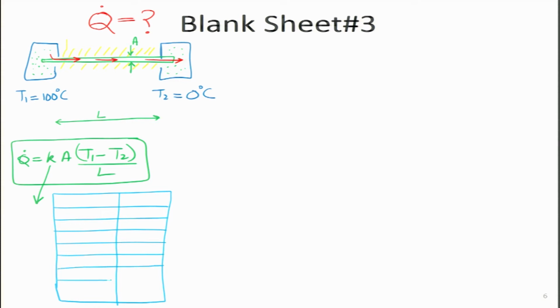So, what I am going to do is fill in the value of thermal conductivity of some common materials. So, this is thermal conductivity, units is going to be watts per meter Kelvin, and I will fill in the various materials over here. So, if I ask the audience what is the material which is having the highest known thermal conductivity, probably the answer will come is it is diamond.